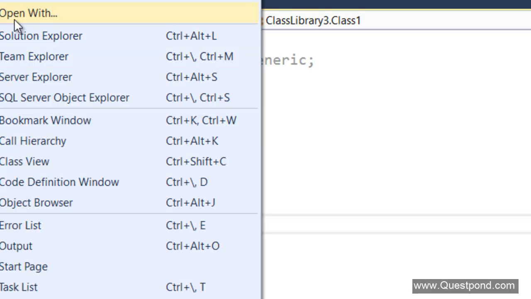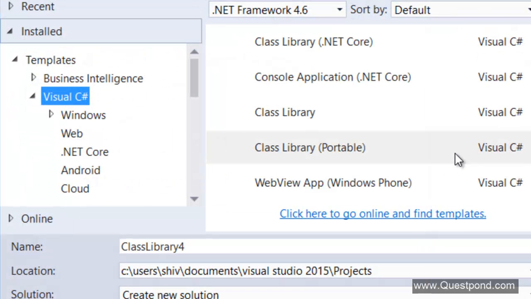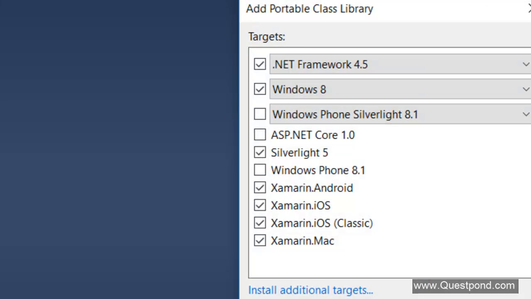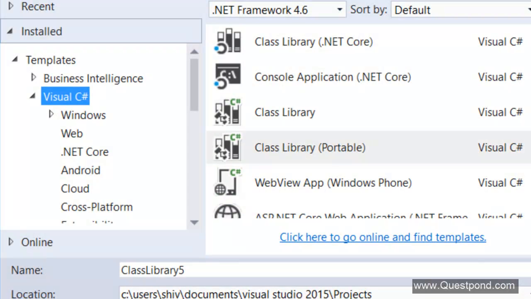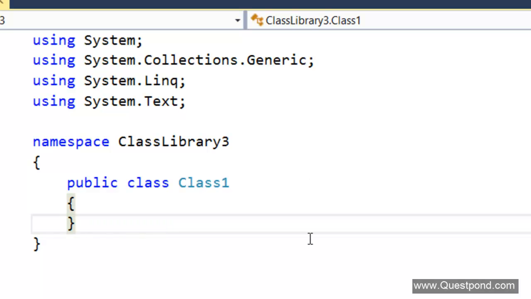Now this solution was okay, but one of the problems with it was the dialog box itself. This dialog box is a problem, because if a new .NET Framework family comes in, they have to give me one more checkbox here, and I have to recompile my project for that new family. So that is one problem. And the second problem was creating NuGet packages. You can create a PCL and target your frameworks,